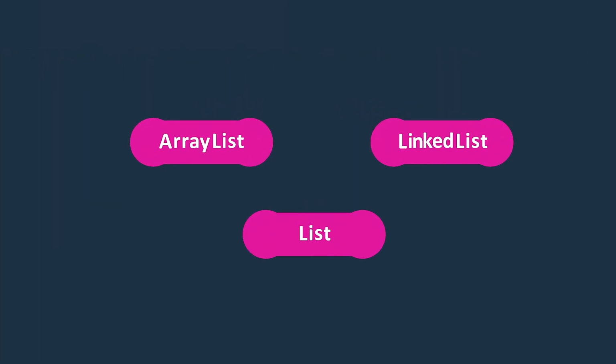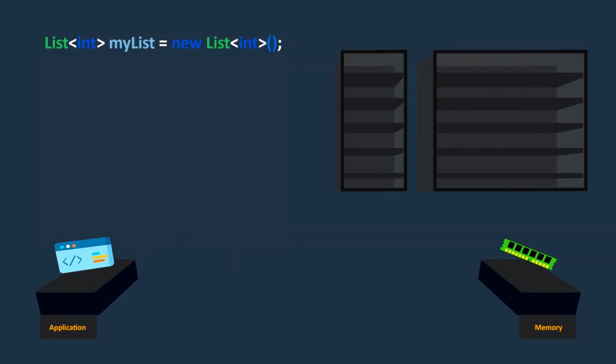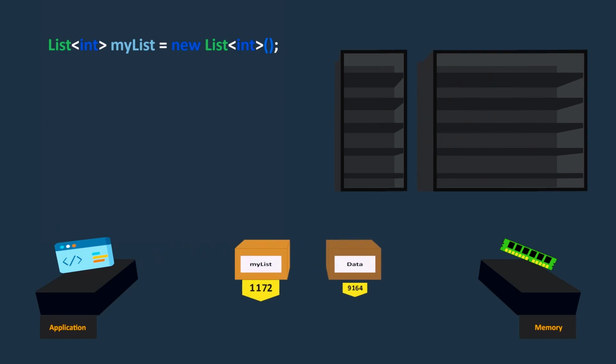Before going any further, it's important to know that there are three types of lists: array list, linked list, and list. In the upcoming courses, we'll explore array list and linked list structures. For now, let's illustrate how lists work with an example. Under the hood, lists use an array to store their elements. This means that when we initialize a variable with an instance of a list class, the list creates an internal array.